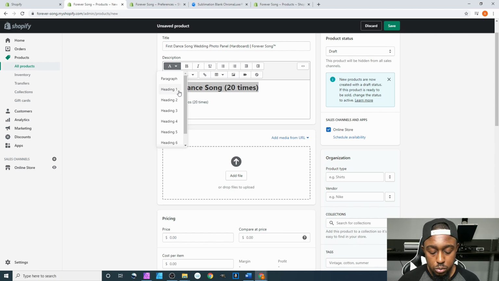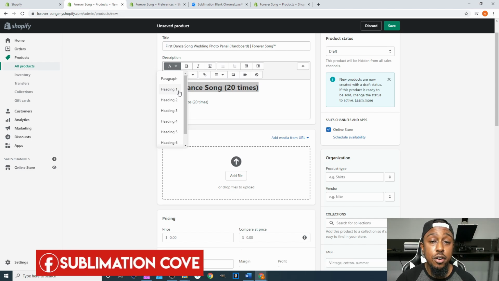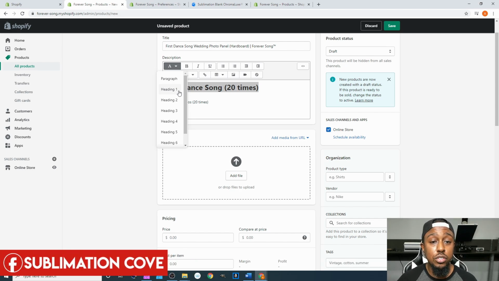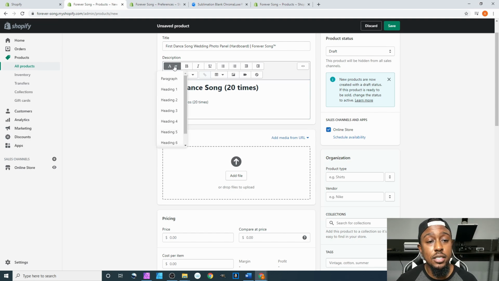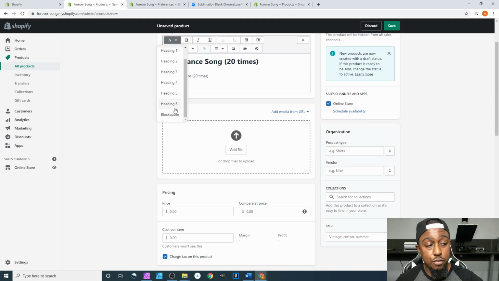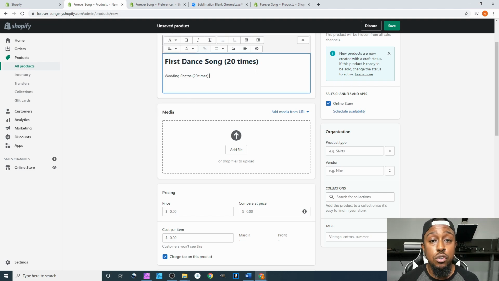When you're going for SEO, you'll have a bunch of different things, but you have a T, which is title, an M, which is your meta tag, and then you have your H1 all the way through your H6. So it's pretty much like a hierarchy when it comes to dealing with your SEO, and that's why you want to properly have your description typed out, but also select different headings that you have right here on your screen for your